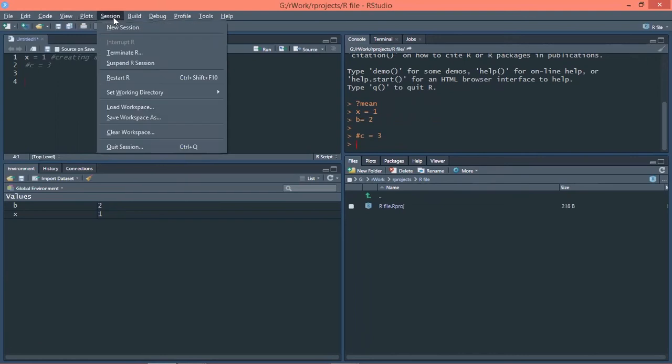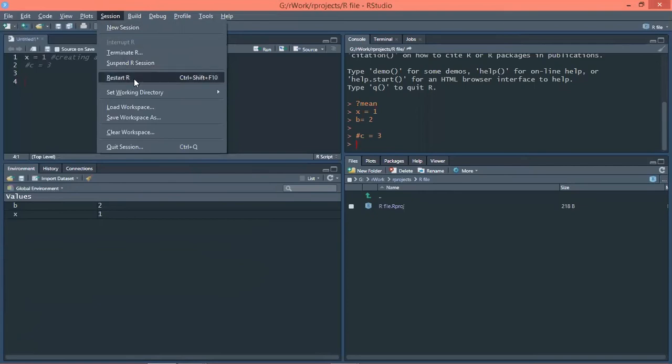Then there are plots and sessions. Whenever your R is not responding, if there is any error or your codes are not running properly, you can restart R here. Restart will not change your codes, and it will not close your files in the current session.